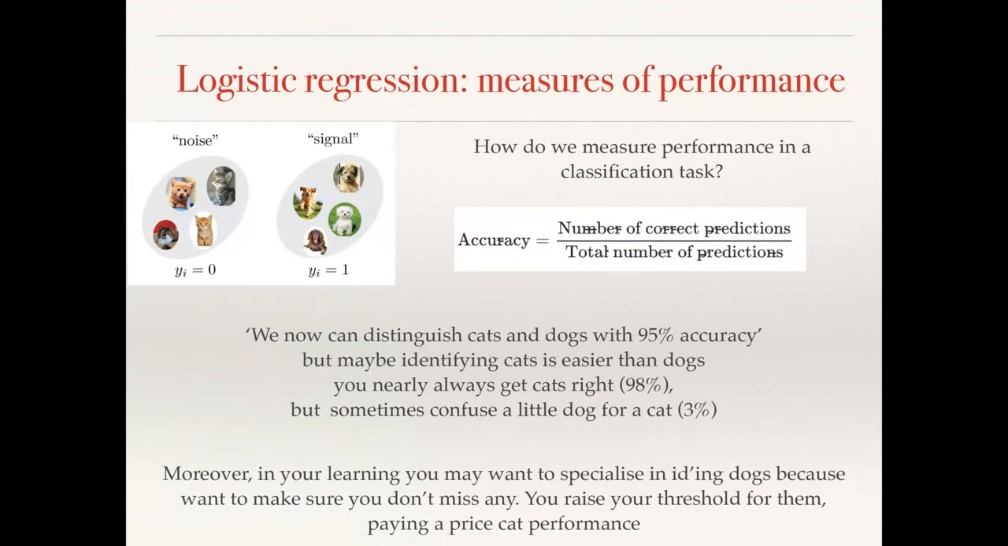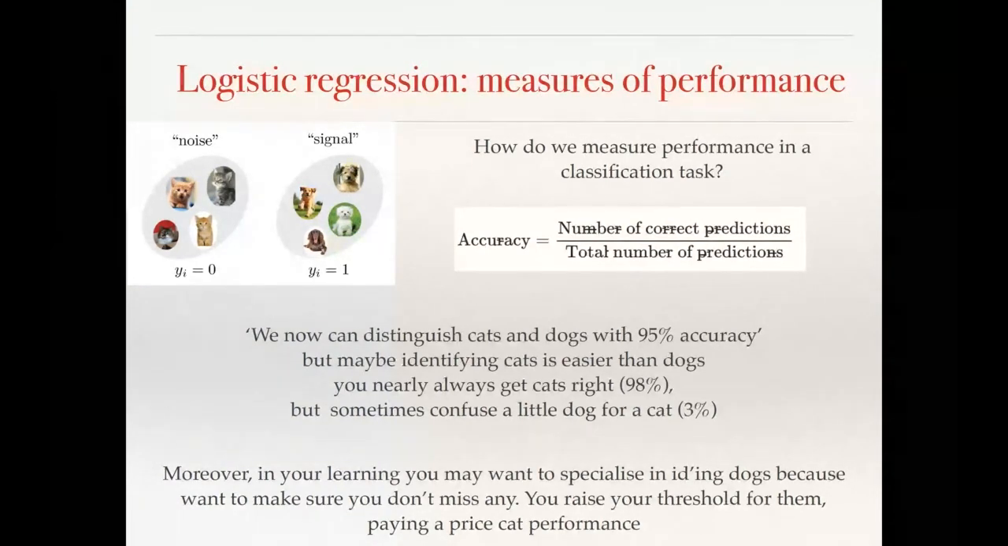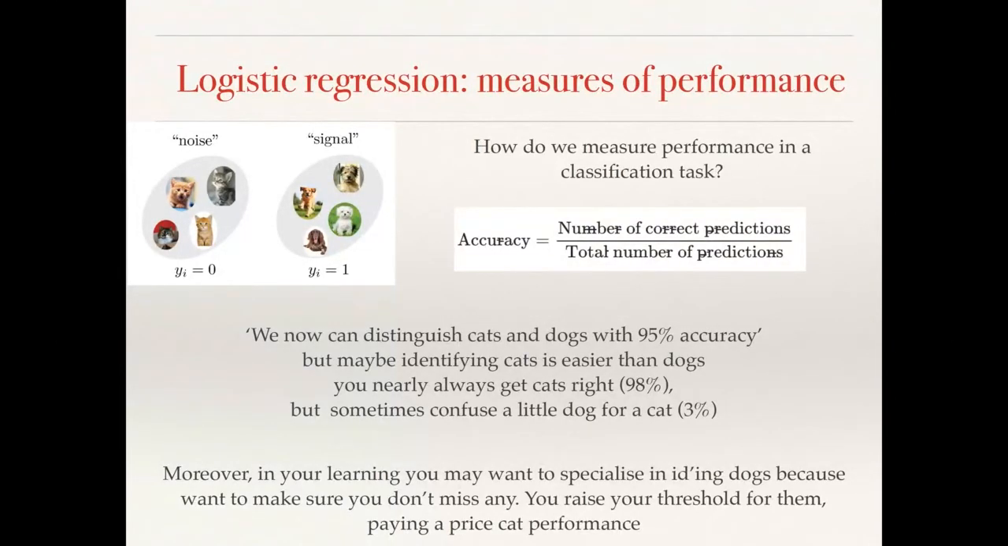And it could be that in your learning, you might want to specialize in identifying dogs because you want to make sure you don't miss any. So for you, the fact that you are sometimes missing dogs because you are not used to those, and you are mostly being able to identify cats, is a problem. So what I want to tell you is that the question of classification and the accuracy of this classification is not like in linear regression, where you say, well, from all my data points, how far my prediction was from reality,